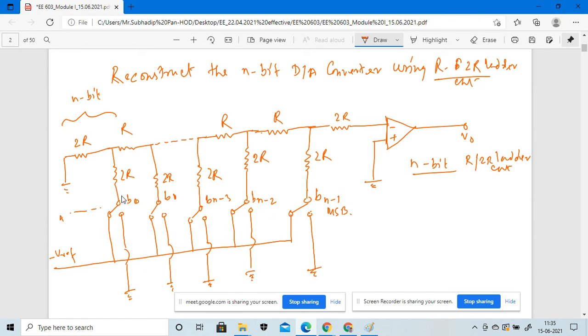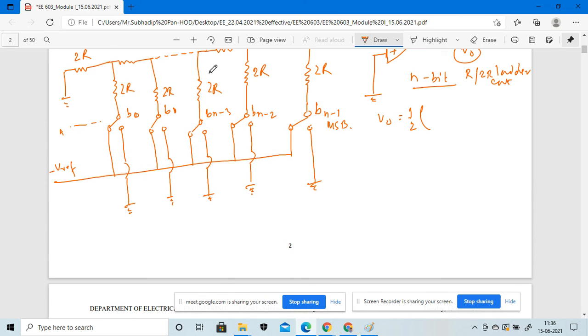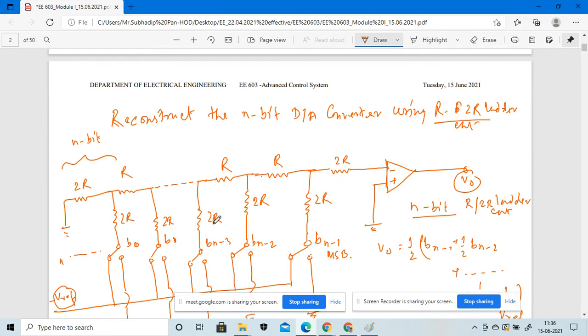Okay, so ladder circuit, so my consideration of V0 will be what? V0 will be half of b to the base n minus 1 plus half of b to the base n minus 2 plus dot dot dot 1 by 2 to the base n minus 1 b0, into my V reference, because we are considering the V reference, right? So V reference, this will be the negative slope structure. Okay, so that will be my reconstructed structure of the n-bit D2A converter using R-2R